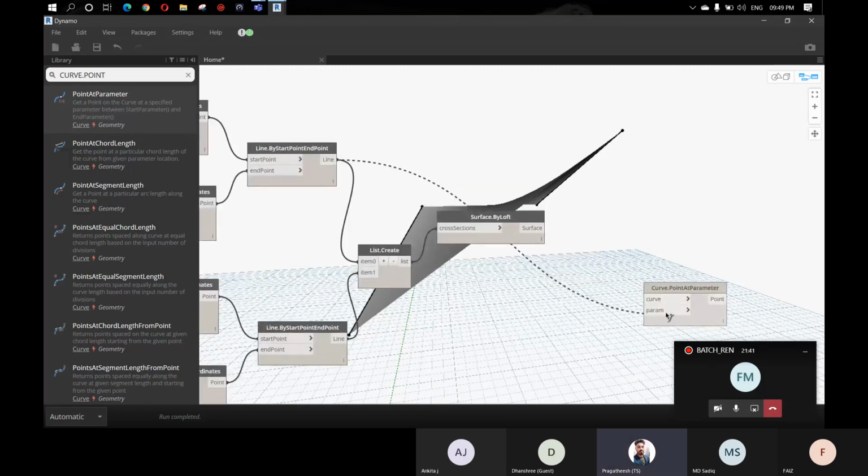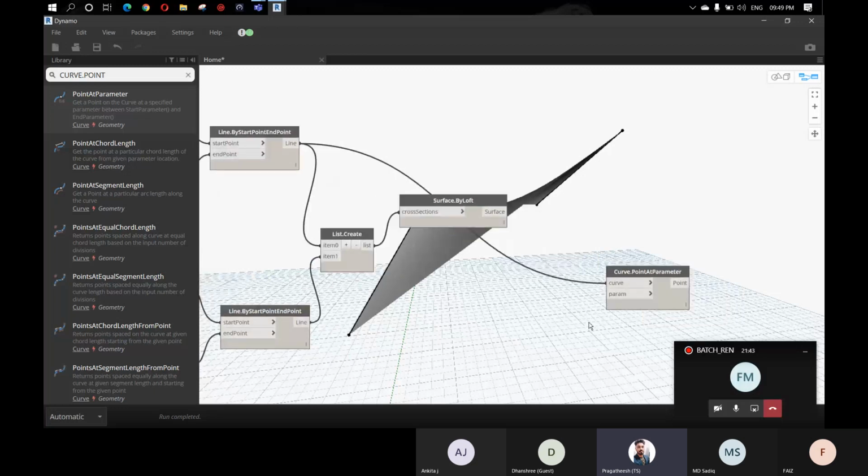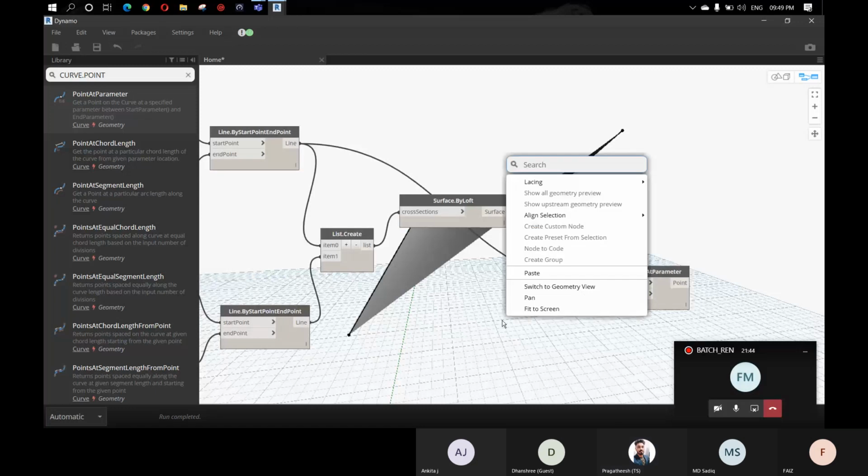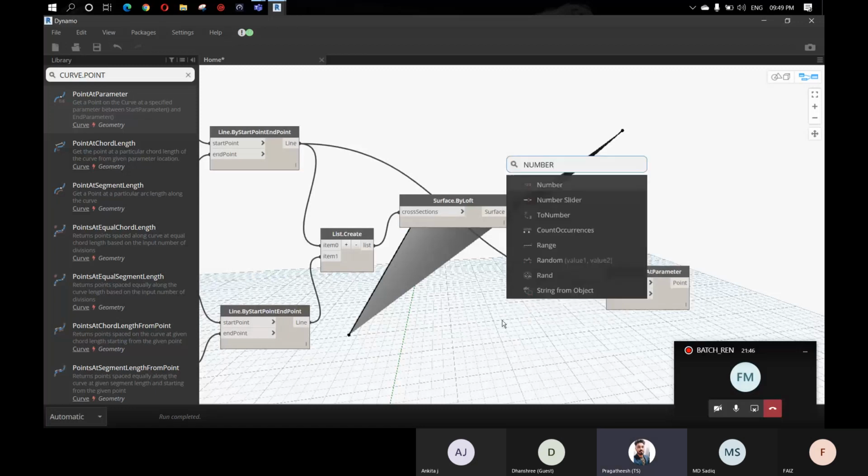Fine, we can give this curve, and for the parameter I'm using a number slider, or you can use the number itself. Let's say 1.